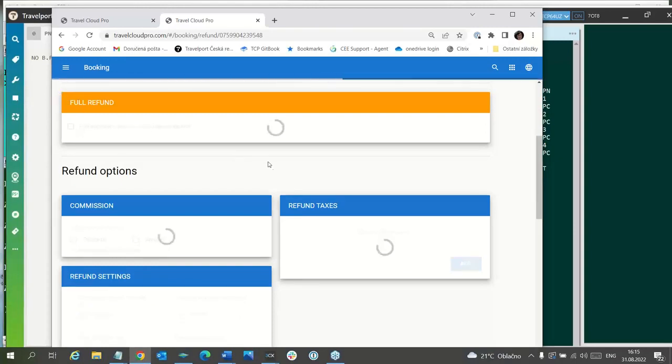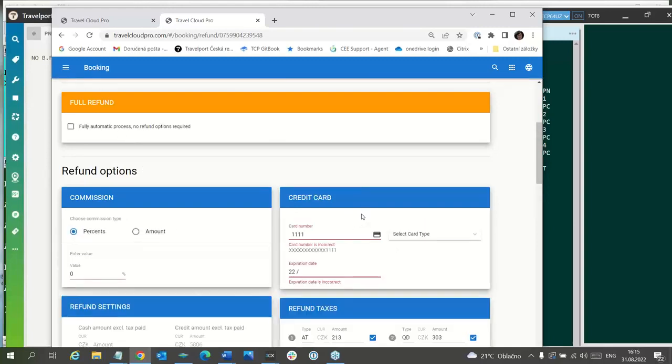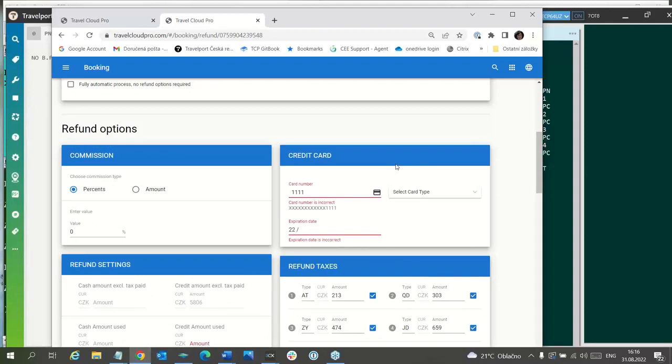This full refund we are not using very often, because when you use full refund, you will do a real full refund: the whole fare, all taxes and so on. So it is allowed very, very seldom, and it is always better to see how much will be refunded.